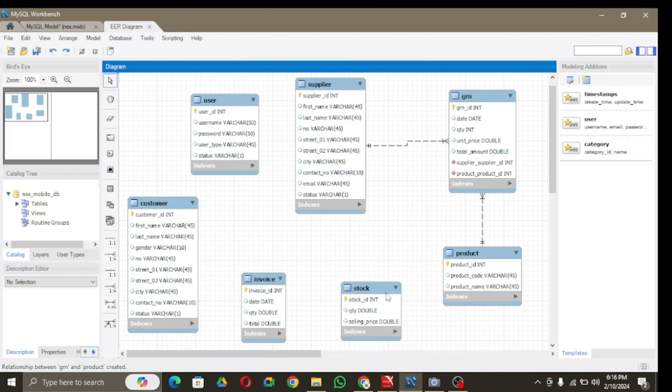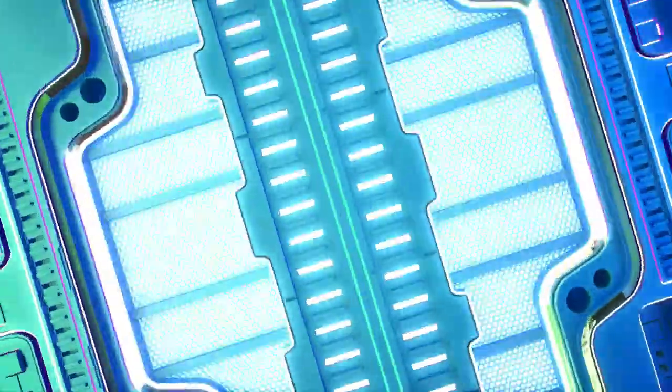Now, of course, each stock can have many products, but each product can only have one stock. So, of course, again, this is a one-to-many relationship. We start with the one-to-many part, we click with the stock, and then to the product, and there we go. We made everything correctly. Okay, so now that we're done here, let's go to